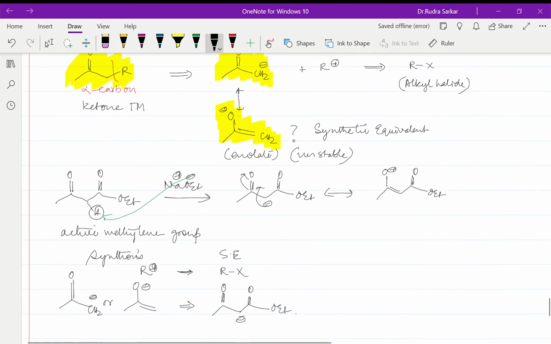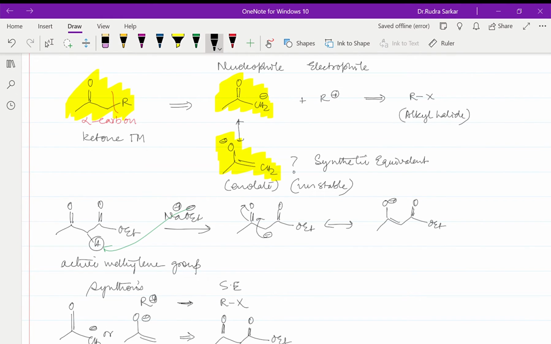Now for the synthesis of our target molecule, which is this one,